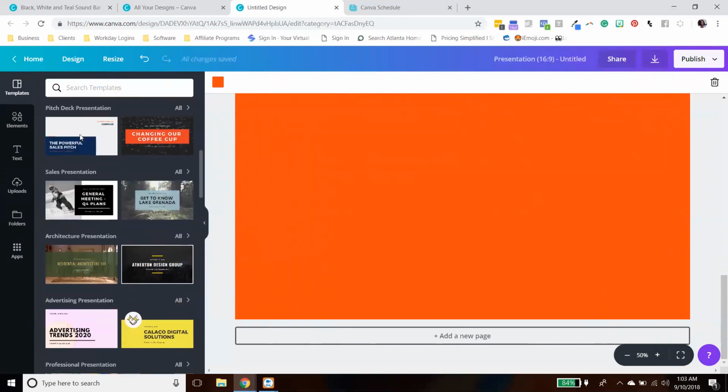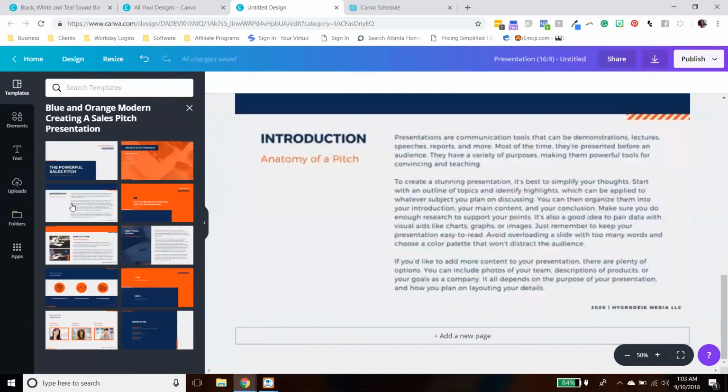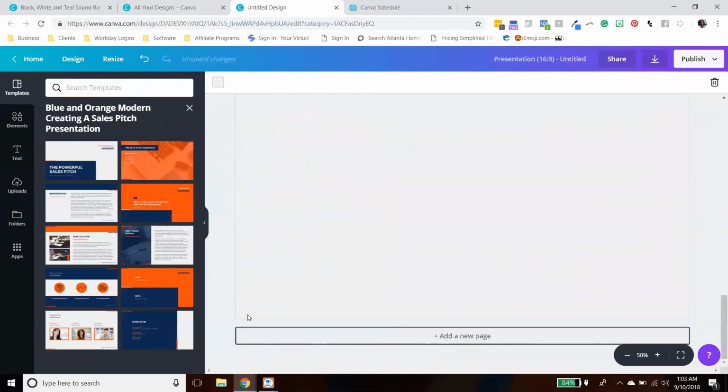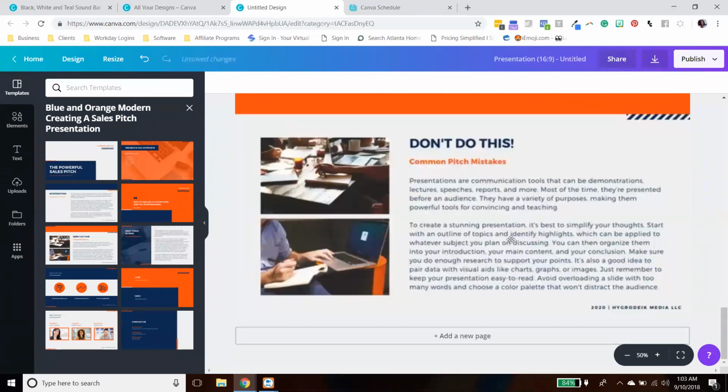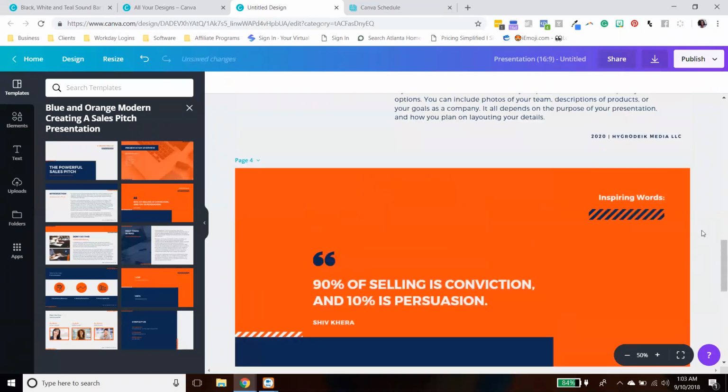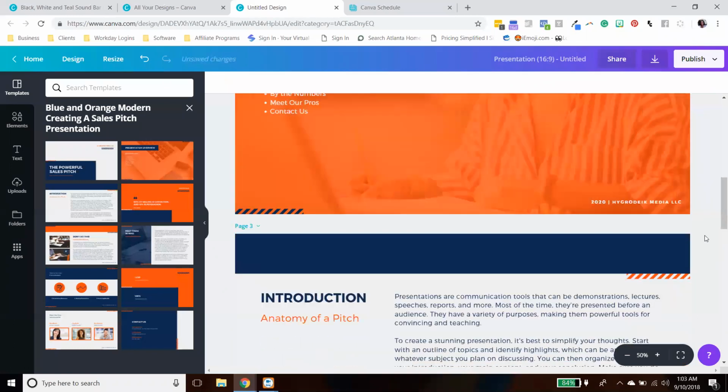There it is. Okay. So then our very next one is this. And then you come in and you change your text and everything that you need to do here. And then you go to your next one and so on, right? And so we're creating our presentation. Okay, I'm not going to add too many more pages for training purposes, but that's pretty much how you would